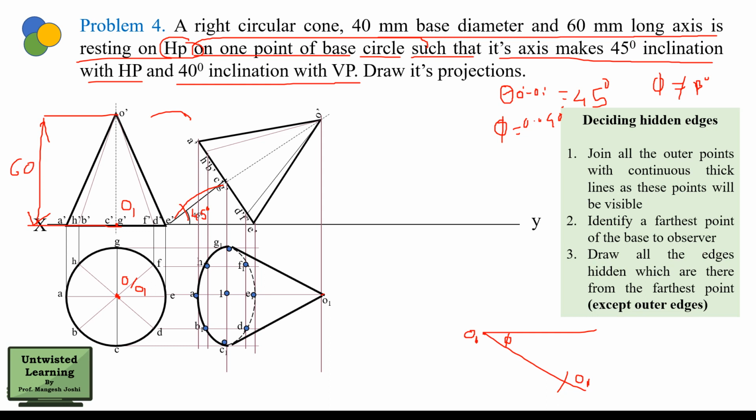Okay, now you will draw the locus of this. Okay, locus of O1. And now what is the reduced length of O to O1? So that is nothing but, you will get here in the top view. So this is nothing but this length. This is the reduced length or top view length of O to O1. So you will take this much length in the compass and then you will cut this arc. Cut this line with the arc. So you will get this point, and this point will be termed as beta.